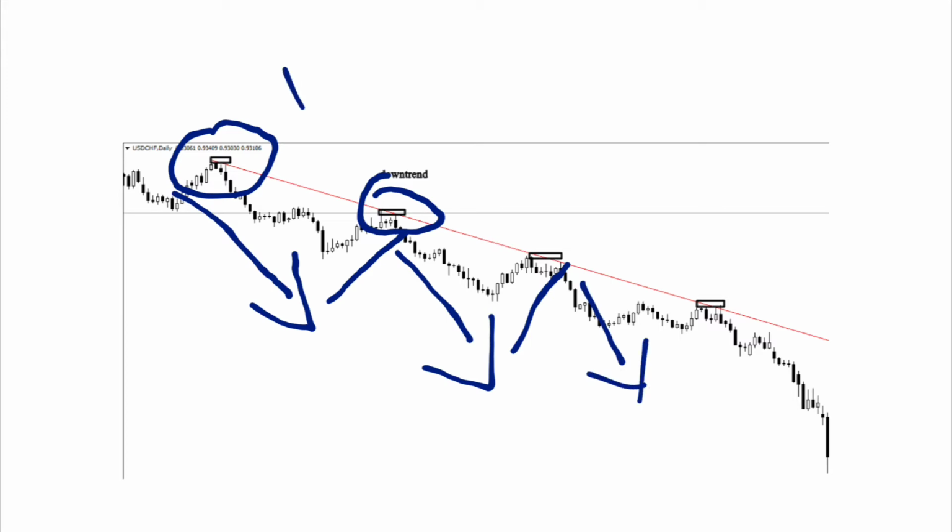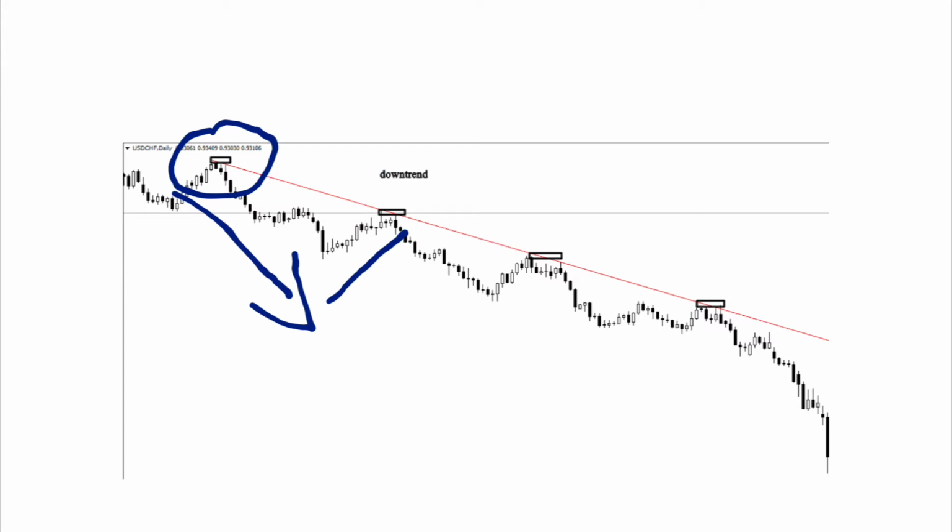So you connect 1 and 2, and then you draw a line, and then you know that the next time price reaches that, it is going to be a downtrend. It will hit that point and then move down. To delete this,